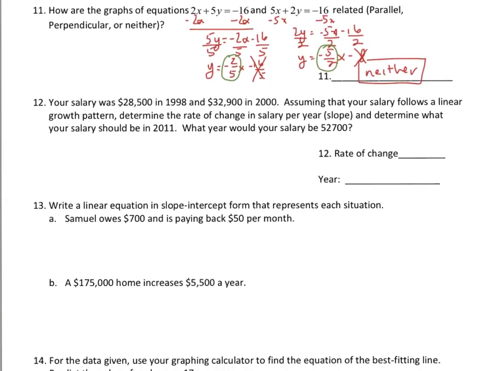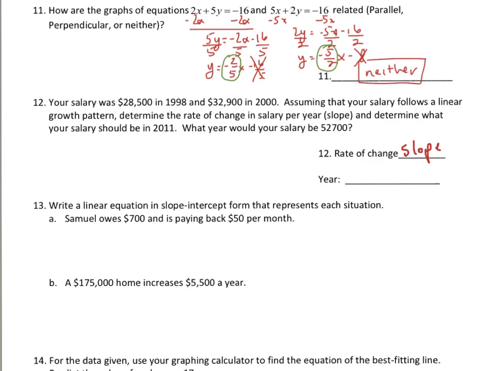Get you started with number 12. Essentially, this question is going to ask you the rate of change. The rate of change is nothing more than the slope. What is the slope of a line between these two points? It says your salary is $28,500 in 1998, $32,900 in 2000. Assuming your salary follows a linear growth pattern, determine the rate of change in salary per year and determine what your salary would be in 2011. And then what year would your salary be